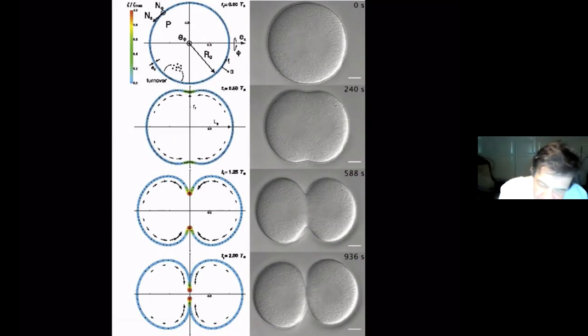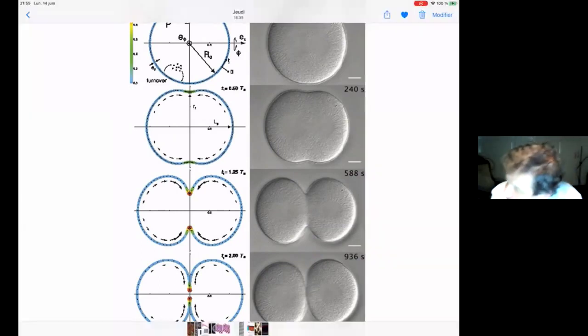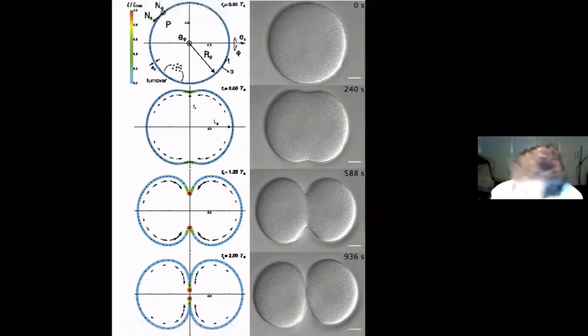The tension is large here, but the tension hasn't changed here. So what it means is that there is a gradient of tension at the surface of the cell. The membrane is liquid, so if there's a gradient of tension, it's like a gradient of pressure in two dimensions. It induces flow. So actin should flow from the poles to the equator. This is called the cortical flow because of this gradient of tension.